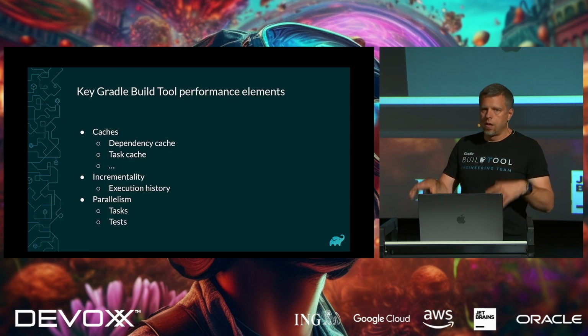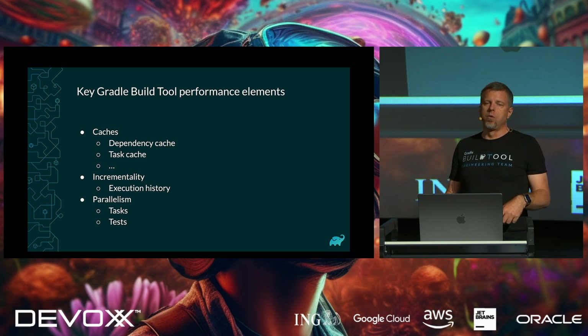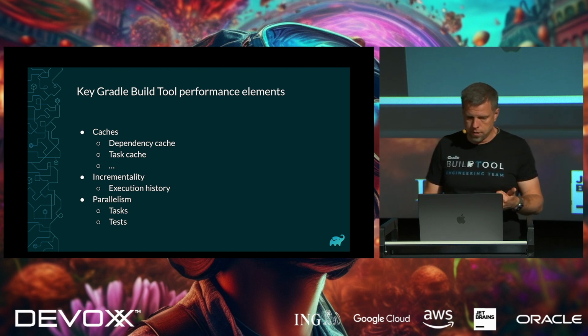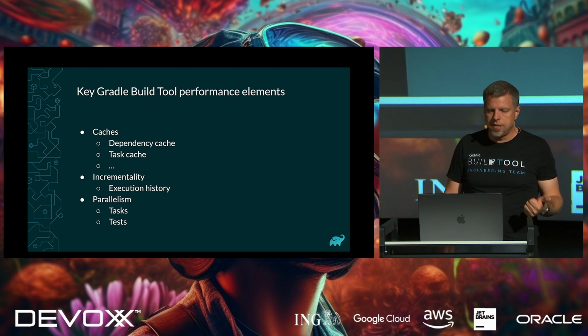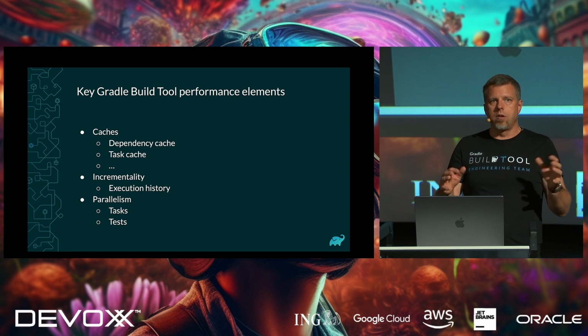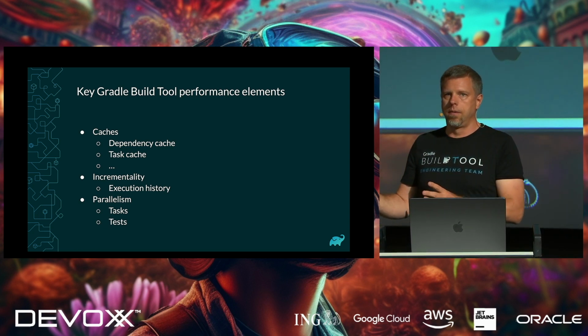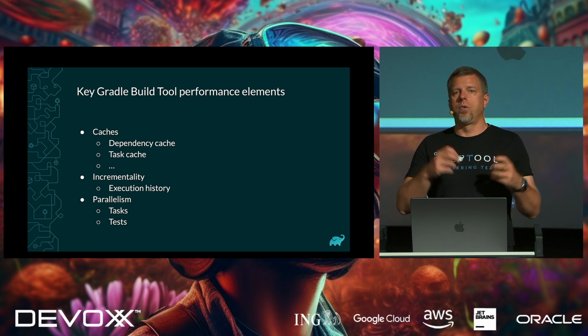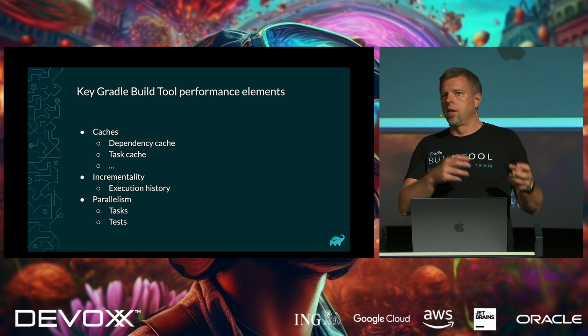So if I look at what we call the key Gradle build tool performance elements from a slightly higher level, we've got one family of improvements, caches, which the dependency cache is one of them, the task cache is another one. We'll see that build script compilation cache is in there as well. So Gradle uses a lot of caching. We have the incrementality with the whole execution history of Gradle, with the ability to fingerprint the class path so